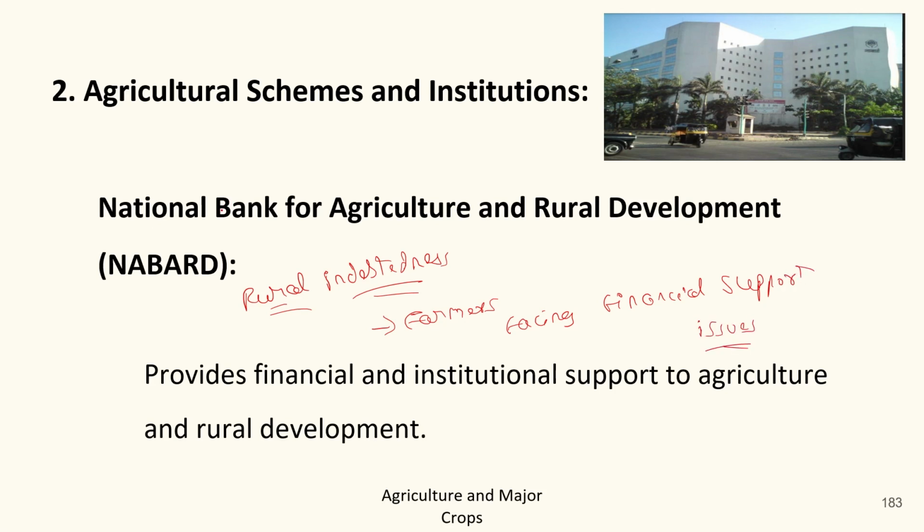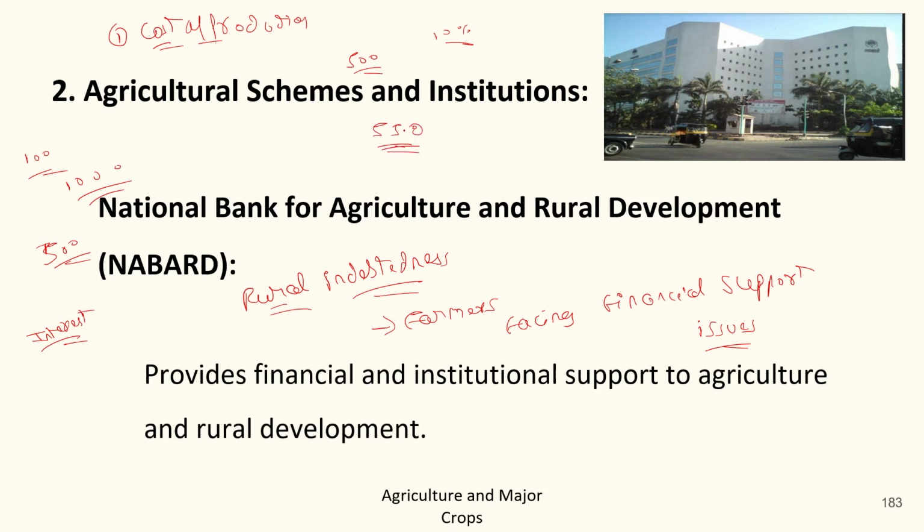There could be many financial problems for the farmers, like bearing the cost of production. You want to produce 100 units for which you require 1000 rupees, but you have only 500 rupees and you want 500 rupees more. So you have to borrow it from somewhere. And if you borrow, there would be an interest rate on it. The interest rate should be in your favor, so that if you borrow 500 rupees, the interest rate should be about 10% or 9% after a year, so that you only pay 550